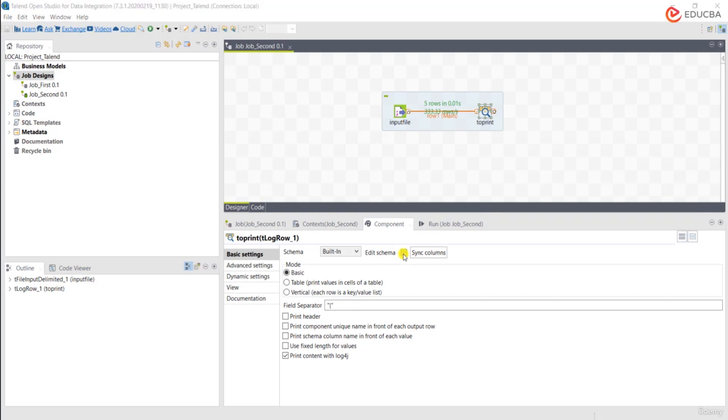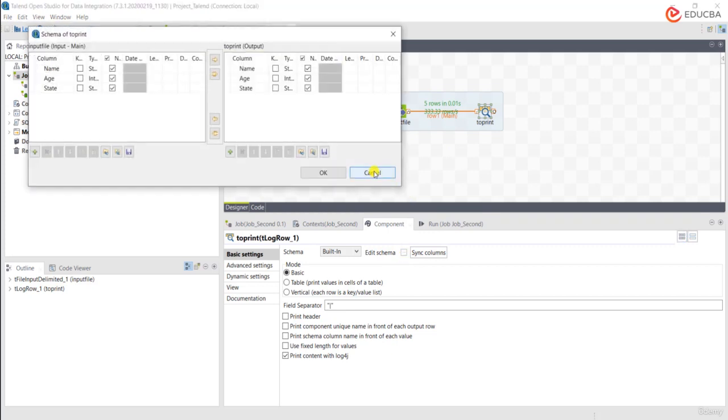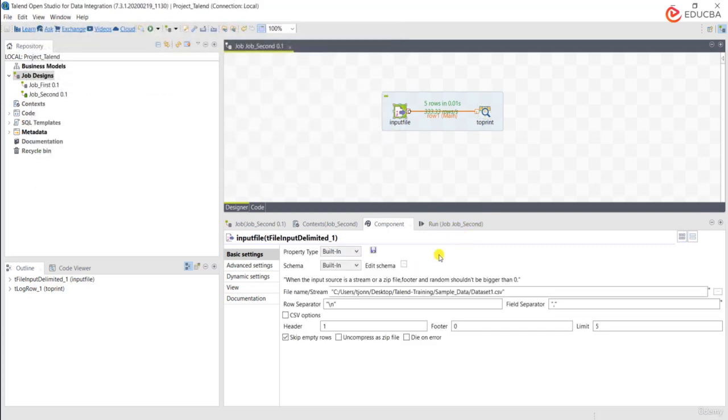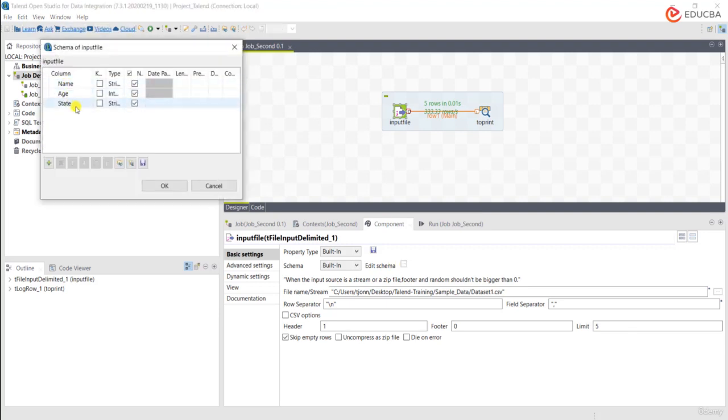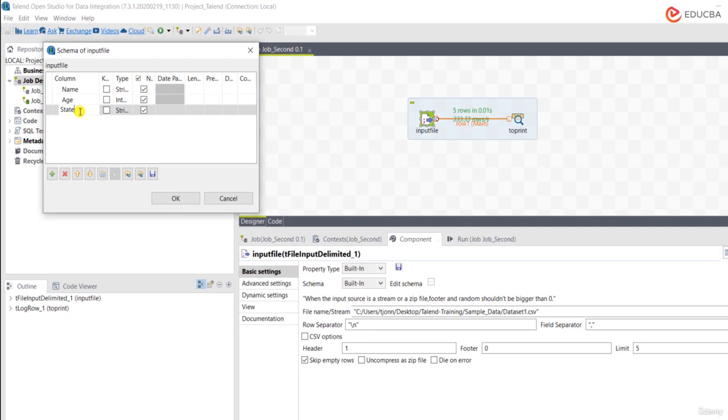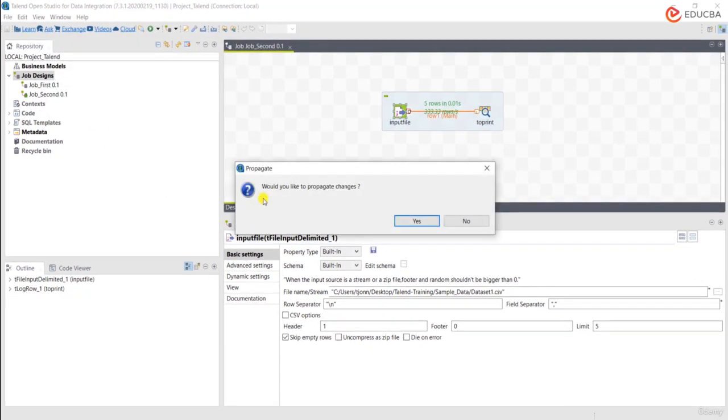Here also we have the edit schema option. If you remember, we had an option asking if, let's do this. Okay, let me go ahead and change the column name to state 1. Okay, and then I click on OK. So you see this window? This window is where whatever schema you have defined at the input component would be copied to your